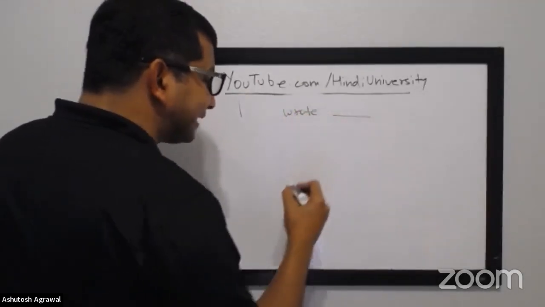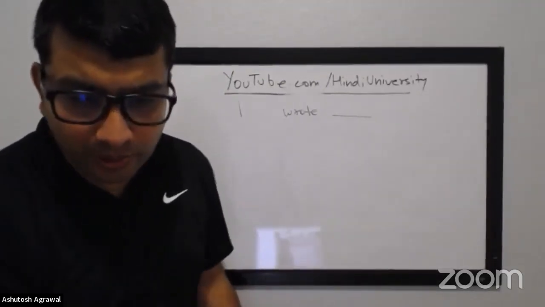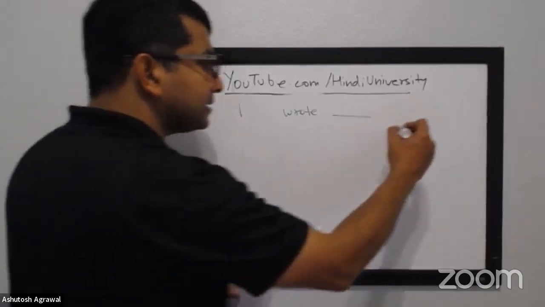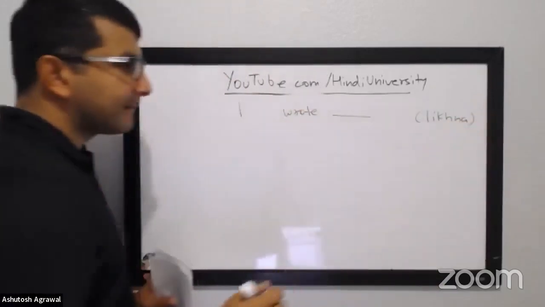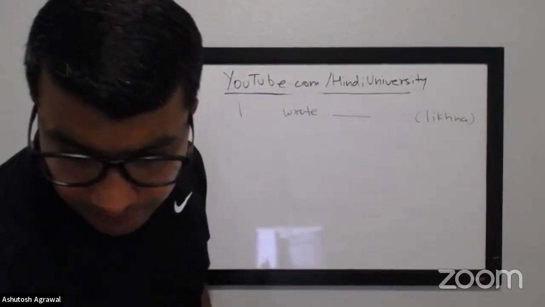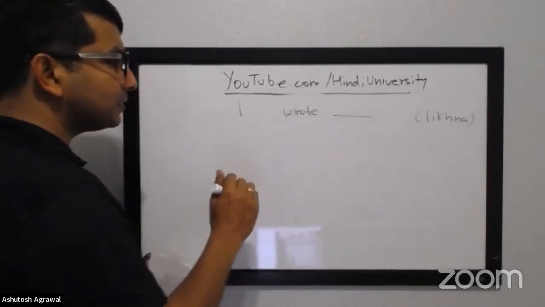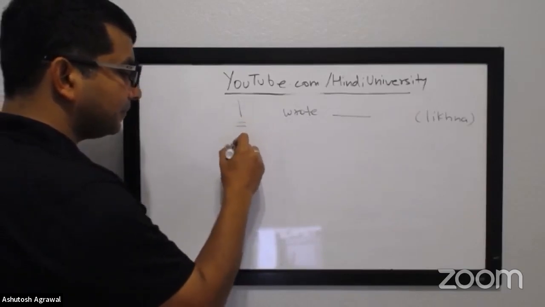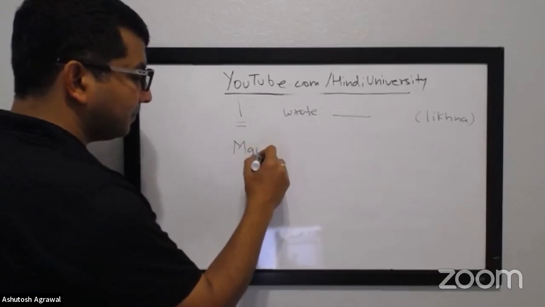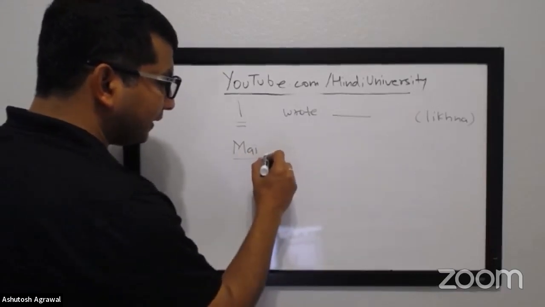So now in this case, let's say I don't really write an object, even though it requires an object. I wrote. To write, as you know, is likhna. Let's see. Sushailji, you want to write it out? How will you say I wrote? मैं, I wrote, लिखी. Okay. So the subject will be governed by which postposition?